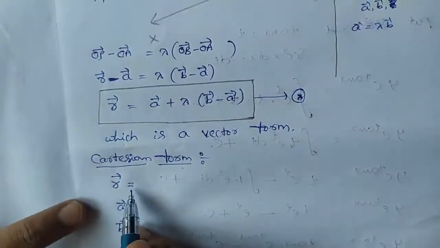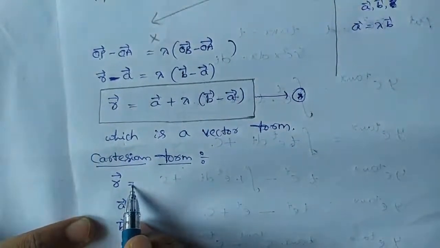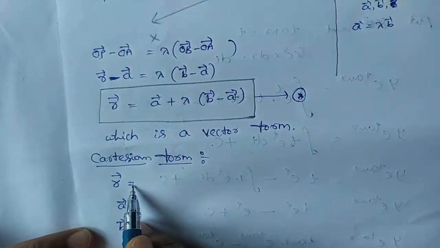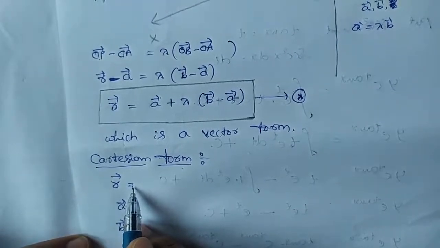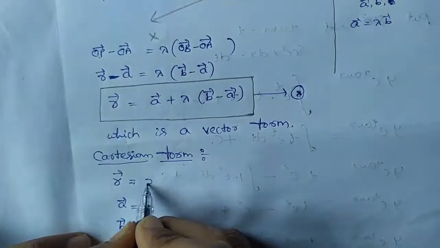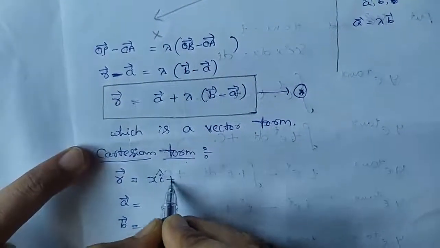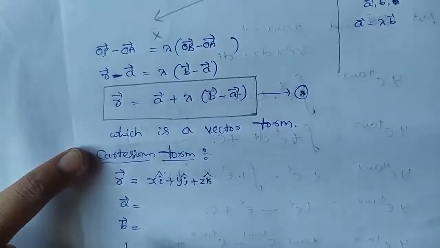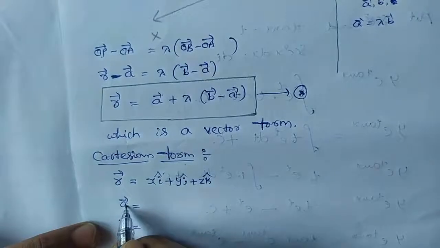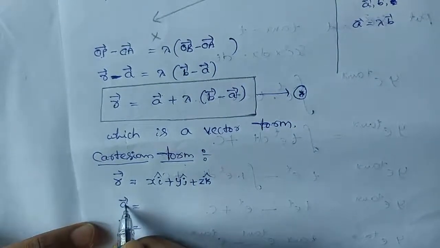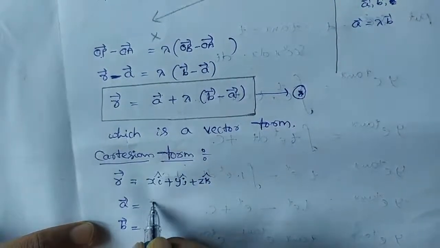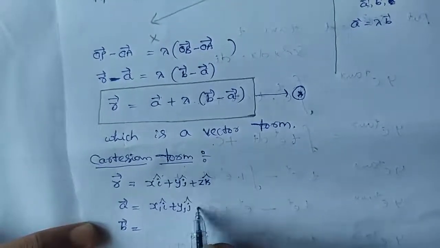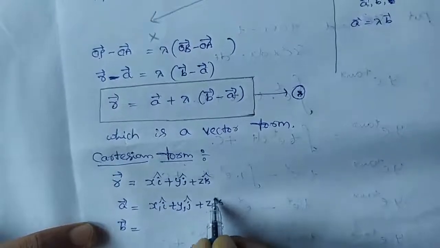Just observe the diagram for the r vector. Let P be any point on the line, with coordinates x, y, z. This r vector we take as xi plus yj plus zk. The a vector is a line passing through point A, so this a vector will be x1i plus y1j plus z1k.